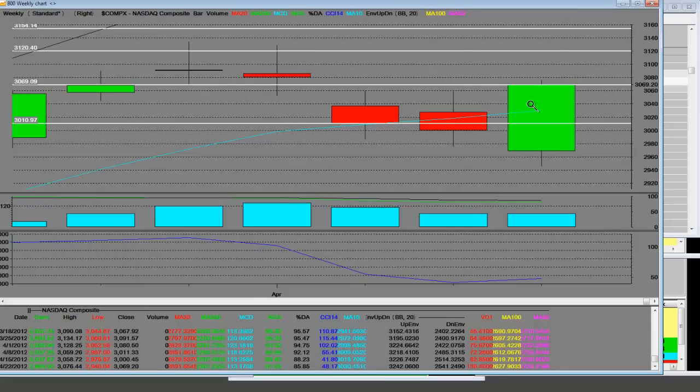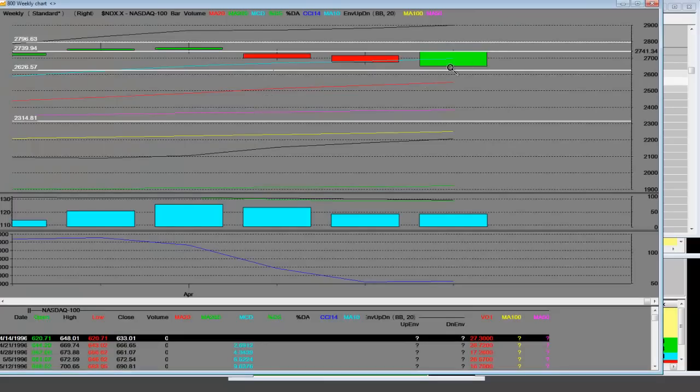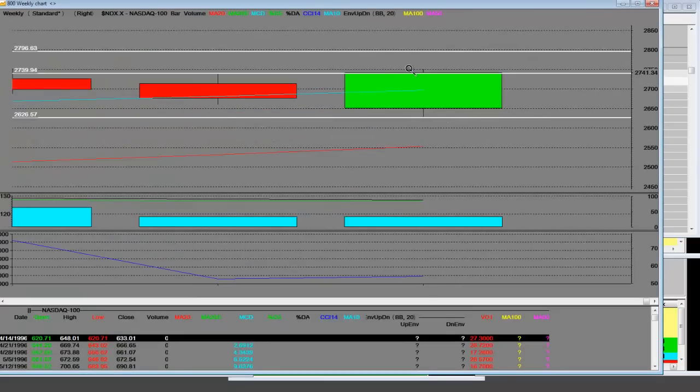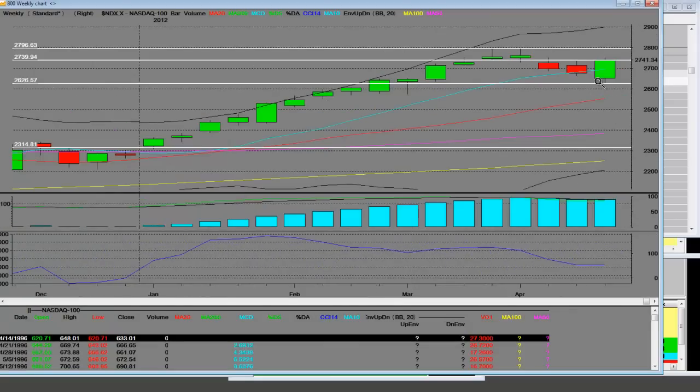Nasdaq 100 and Nasdaq Composite. Nasdaq Composite, once again, Nasdaq 100, 10-week moving averages. Yes, it's above the 10-week. That's more of a bull case than a bear case. However, once the earnings play themselves out next week, and with all that new economic data and going into a weaker seasonality